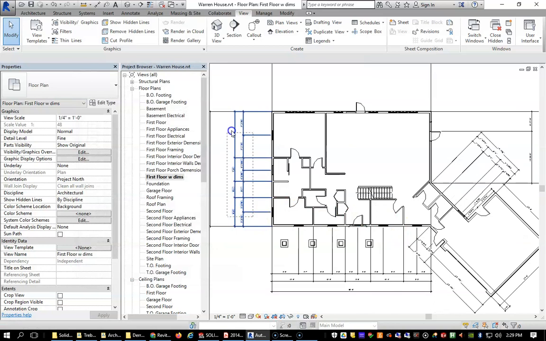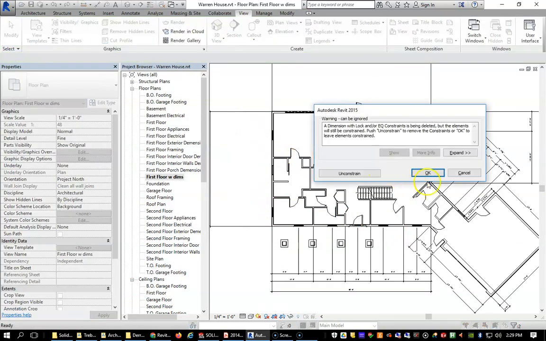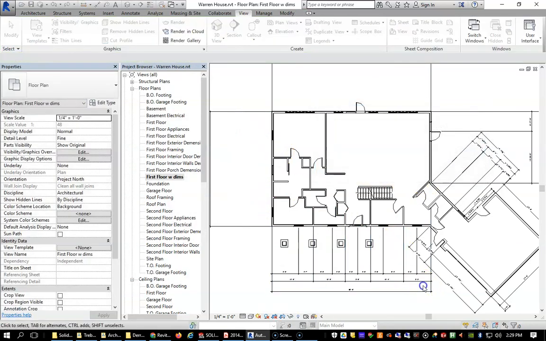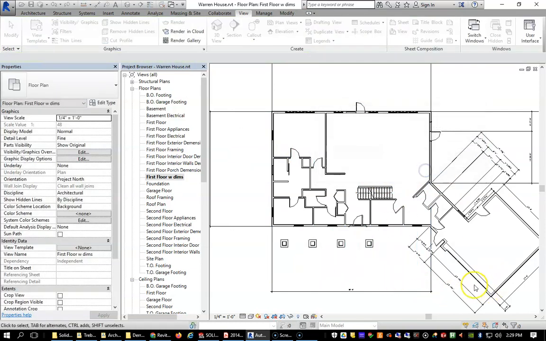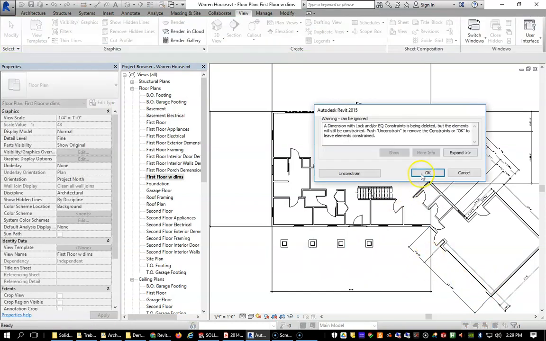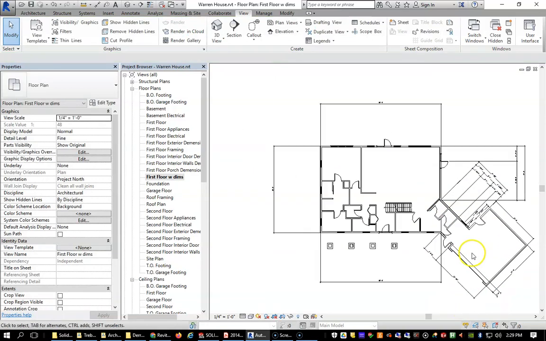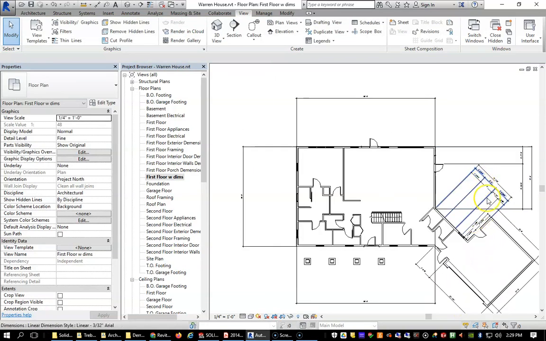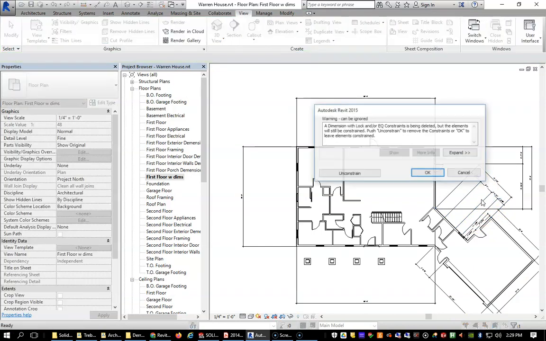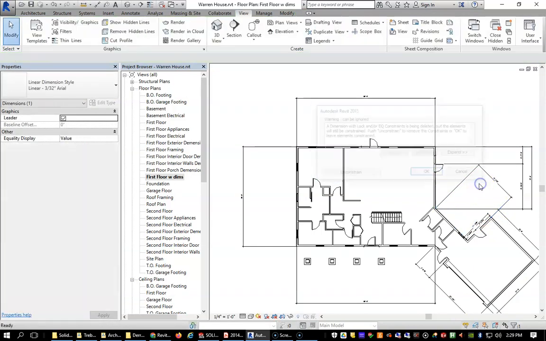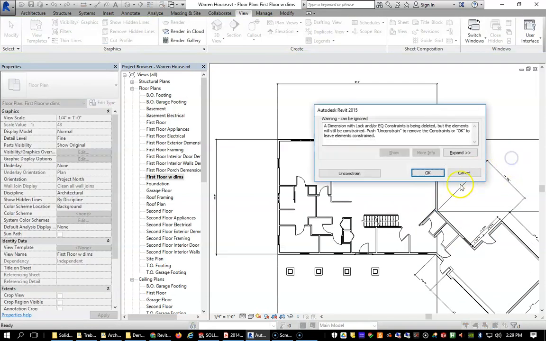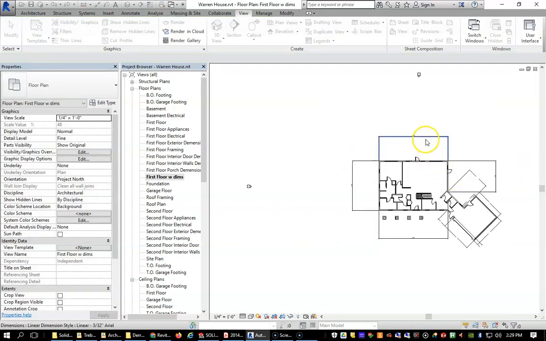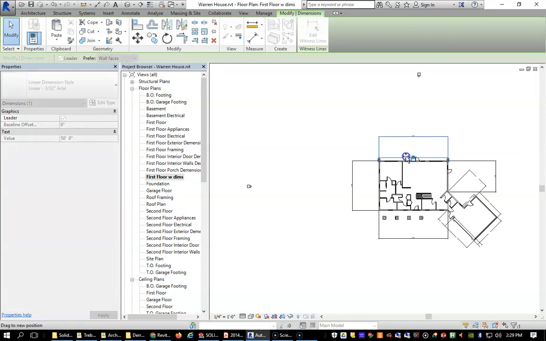All right, and now I can make it a little easier for me to get rid of these interior dimensions that I want to just pull out for now, just to make it a little cleaner. Oops, undo that. All right, and the reason I'm pulling these out is because our sheets are B size, which are kind of small, and I don't want them to get too crowded with too much information. Okay, now that we've got them, I'm going to pull these a little tighter